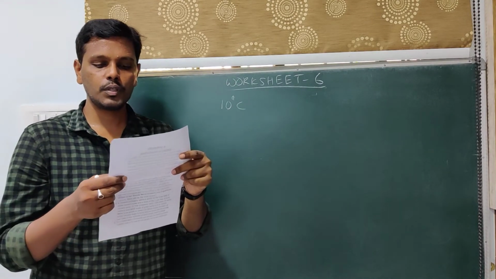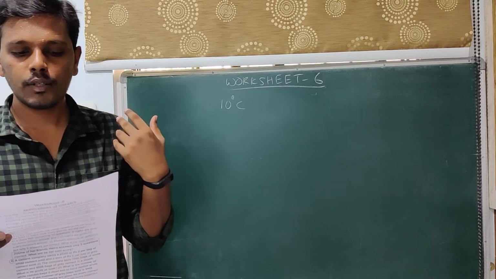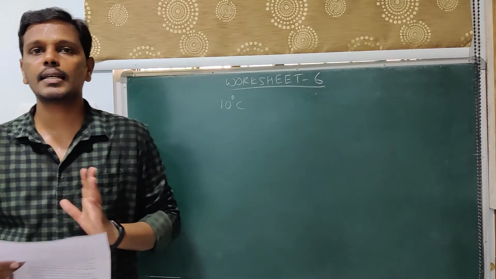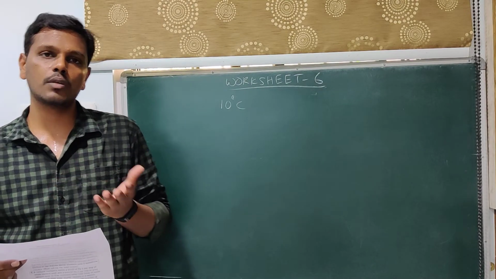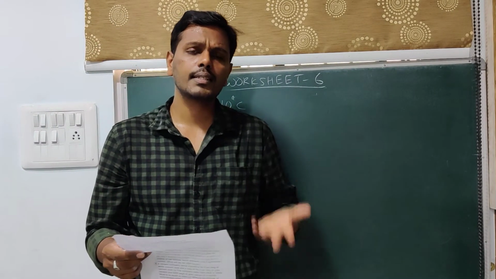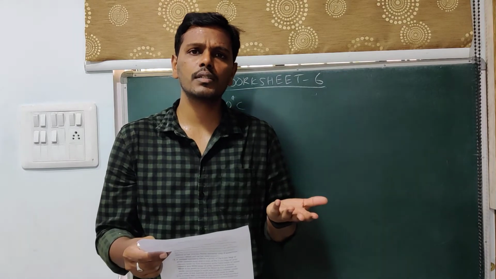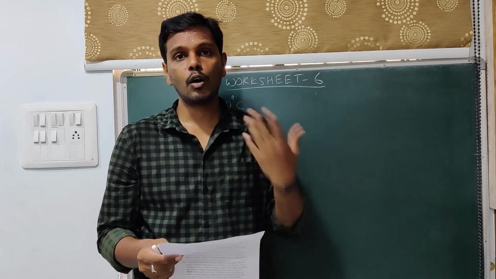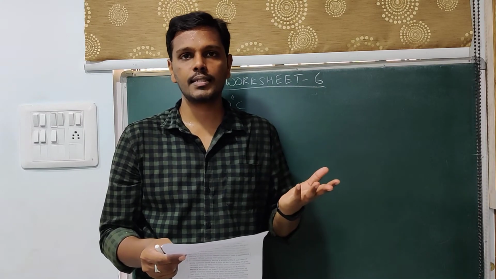So first, we will try to identify after how many hours the temperature becomes 8 degrees Celsius below zero. Below zero, in the sense minus 8. That is, 8 degrees below zero means we are talking about minus 8 degrees. So now I will try to find out after how many hours the temperature becomes minus 8.